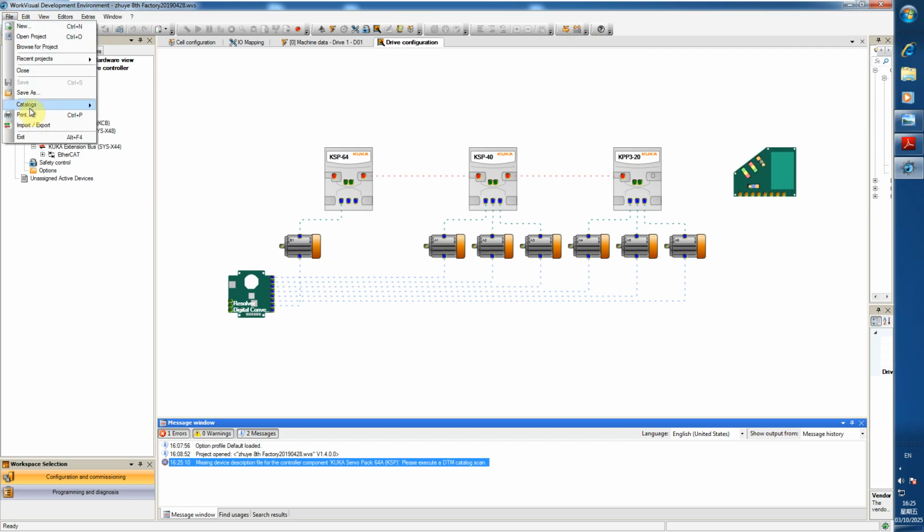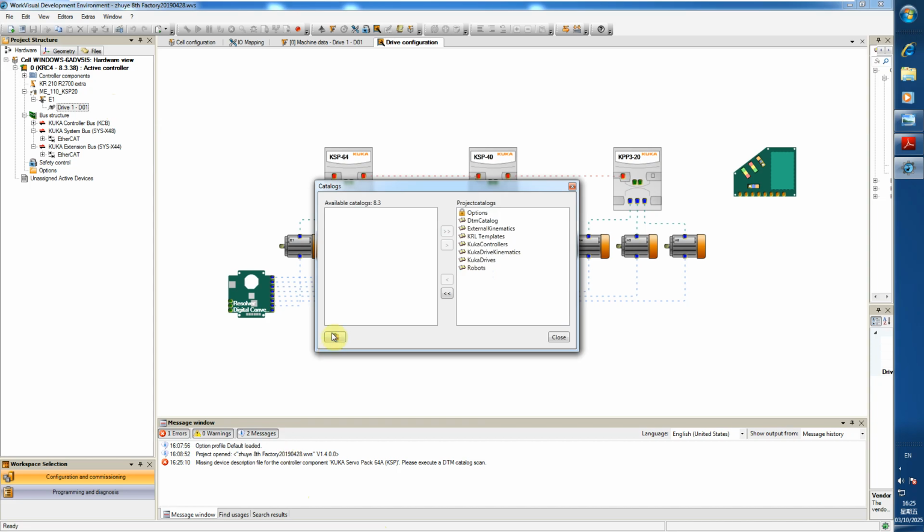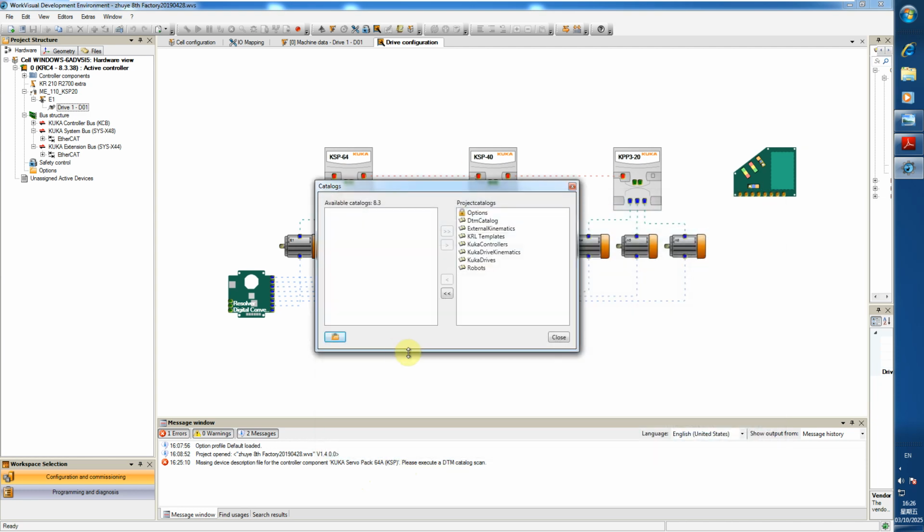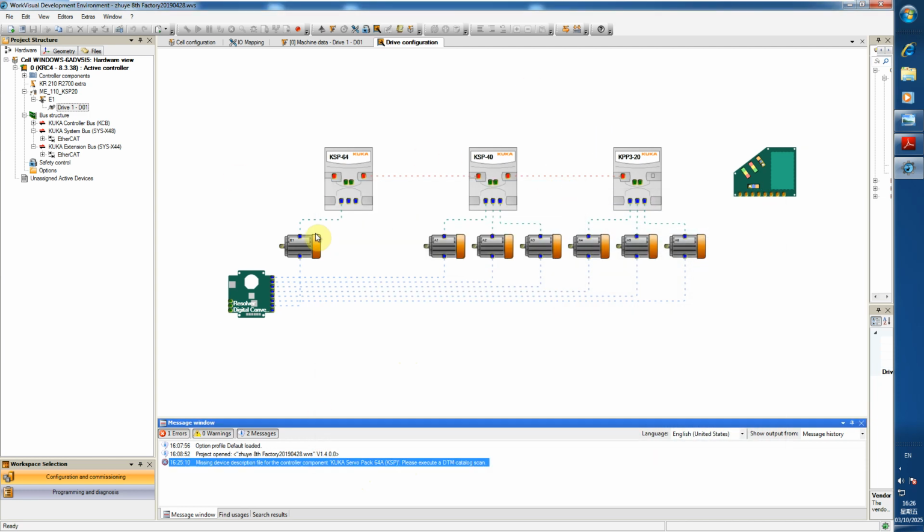You go to the catalog. You scan the catalog. You find the driver DTM, okay, and choose to make sure on this option. This is the same. If you don't have it, we have to download the KSP, okay? Because in this video I just randomly choose external. So after you generate